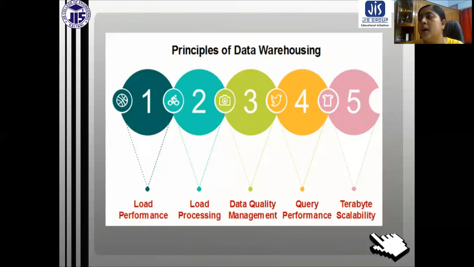So this is all about today's class. In this class we have discussed the various types of architecture, 2-tier and 3-tier. We mostly discussed the 3-tier architecture, which is the representation of a data warehouse in three tiers. The bottom tier is the data warehouse where the data is stored.